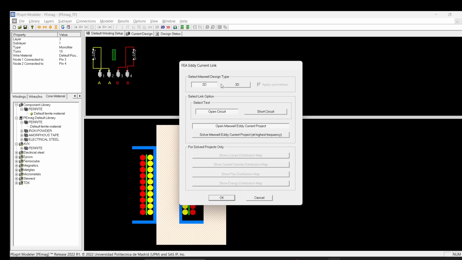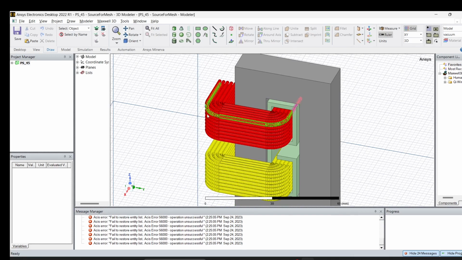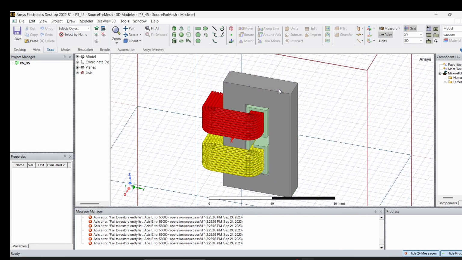If you want to do some 2D simulations, you can select 2D. And if you want to do 3D, you have to select this 3D tab. I will show you how to do it with 3D. And if you select this apply symmetry, then it will... I'll just open my ANSYS Maxwell window. So here you can see the geometry is created using a half symmetry. My entire transformer,